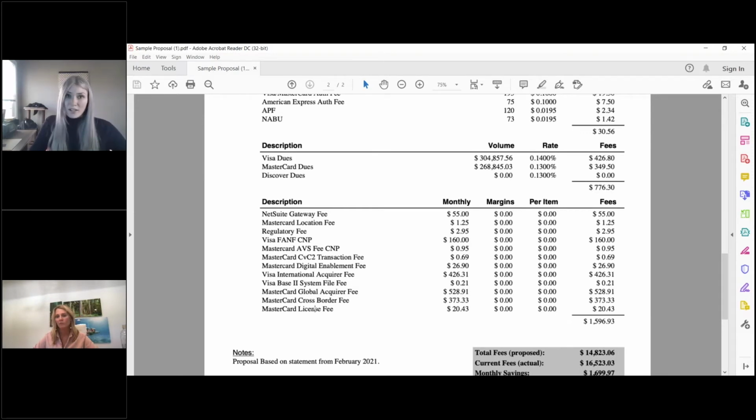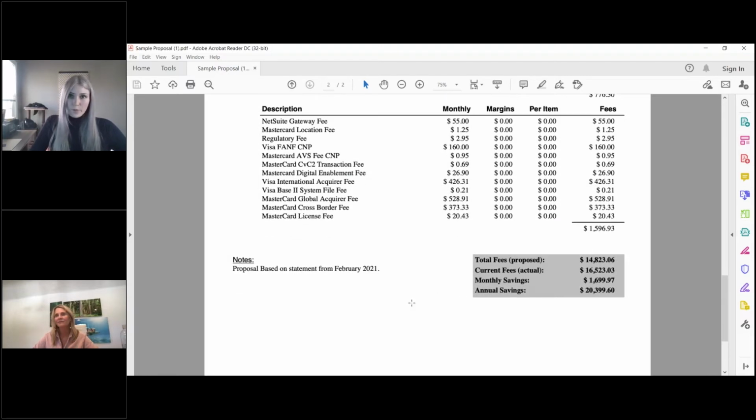So when I say this is all in, out the door, down to the penny, I do truly mean that in the sense that you can even see here, we have a small line item for even 21 cents. It is 21 cents, but at the end of the day, it affects your bottom line. So when you look at this pricing proposal that I put together for you guys, you can see that for the month of February of 2021, based on this processing activity, you can see this business's current fees at about $16,500. If they would have processed this specific given month with Versapay at our proposed costs, their fees would be at that $14,800 range. That gives them a monthly savings in this month alone of